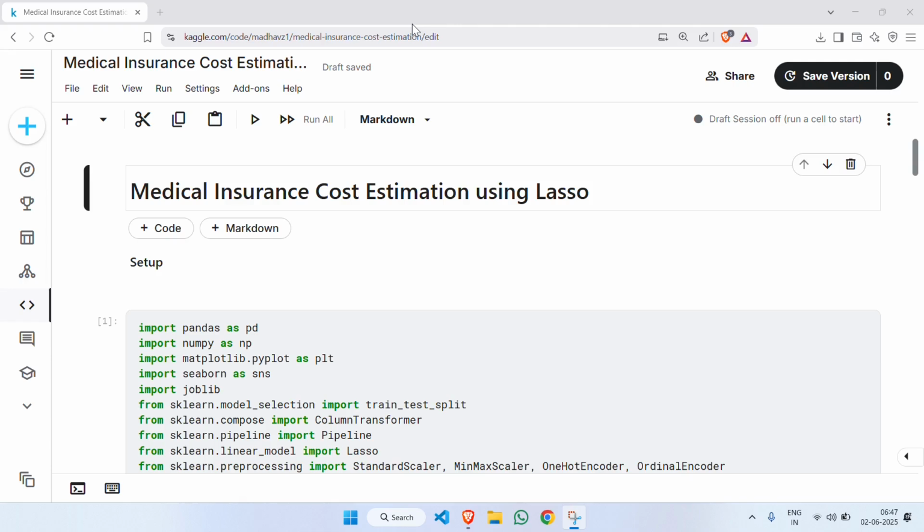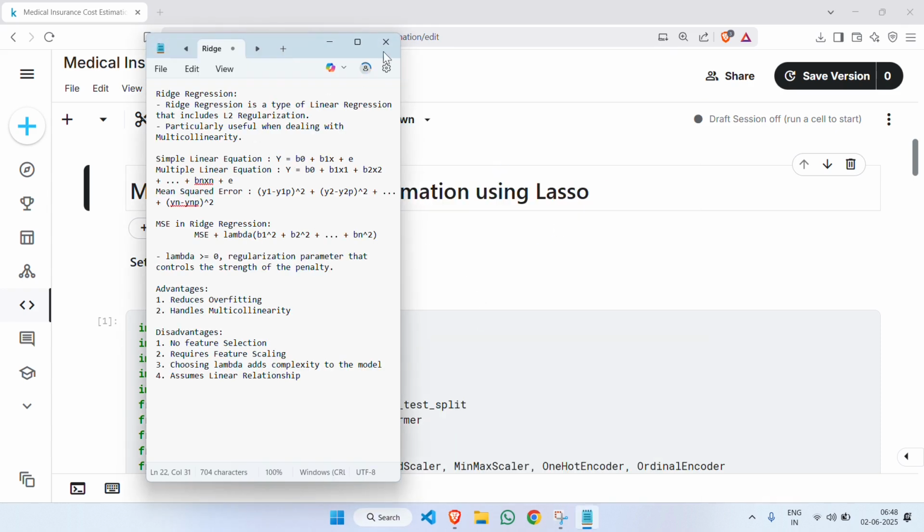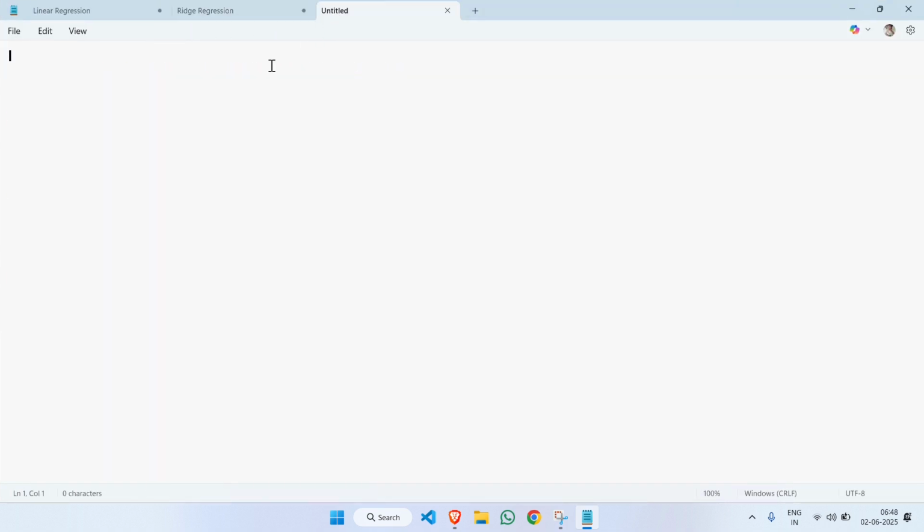Hello friends, welcome back to another machine learning model, that is medical insurance cost estimation using Lasso Regression. So here we will implement Lasso Regression to estimate the health insurance cost in medical. So before implementing how much it costs, we will go to Notepad to discuss the lasso and its advantages